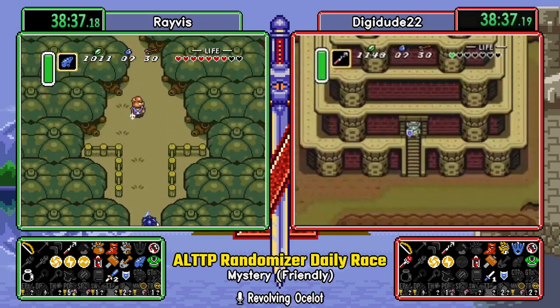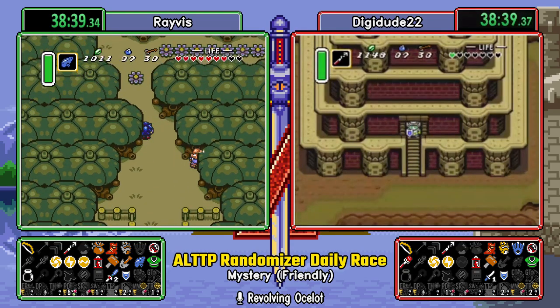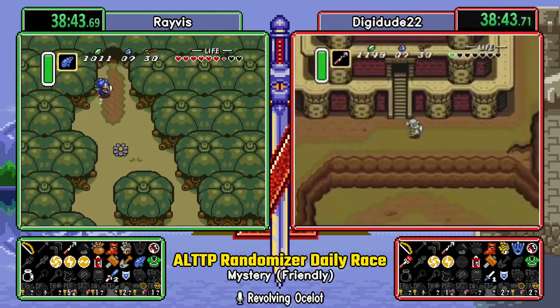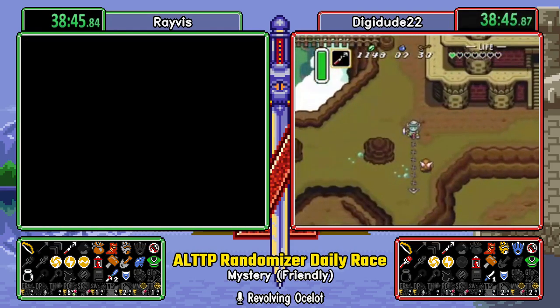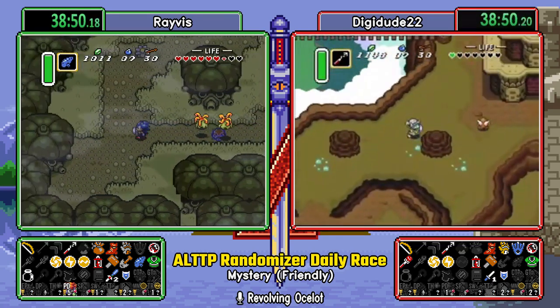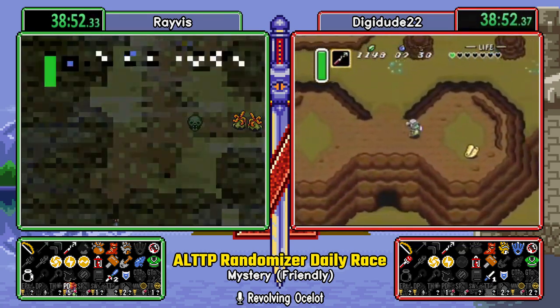It will mean the basement remains out of reach. It will mean that the big chest remains out of reach. So it's leaving a lot of stuff behind. Fortunately, Dude didn't get the bomb jump on the first few tries and is now out of health to actually do another bomb jump, so